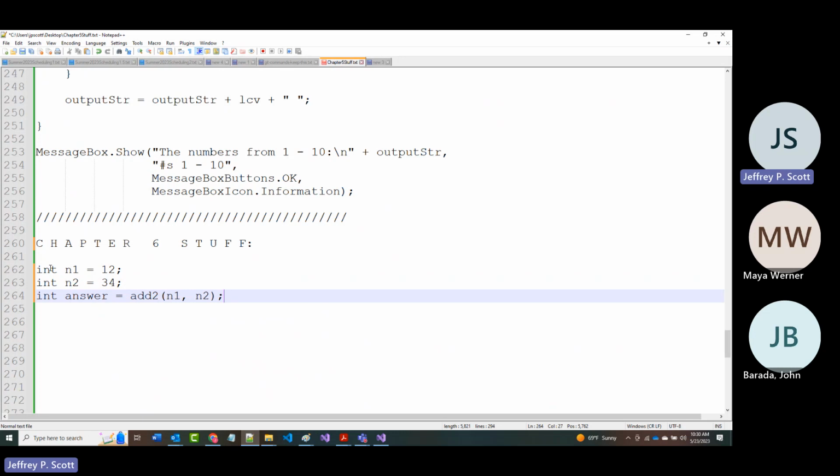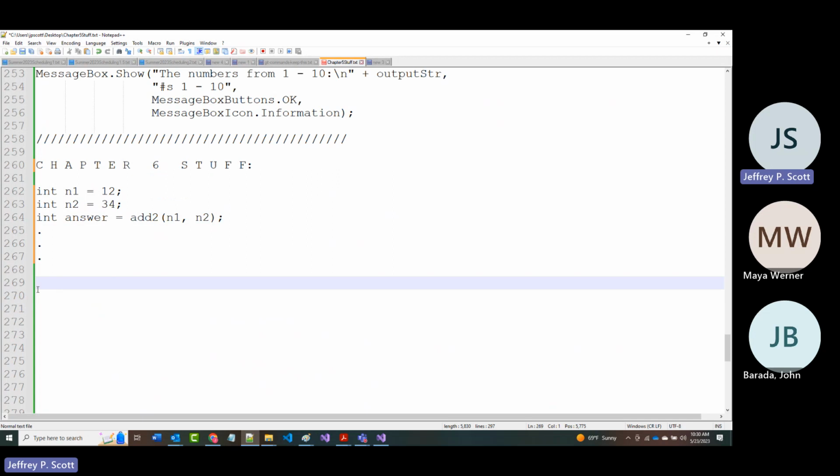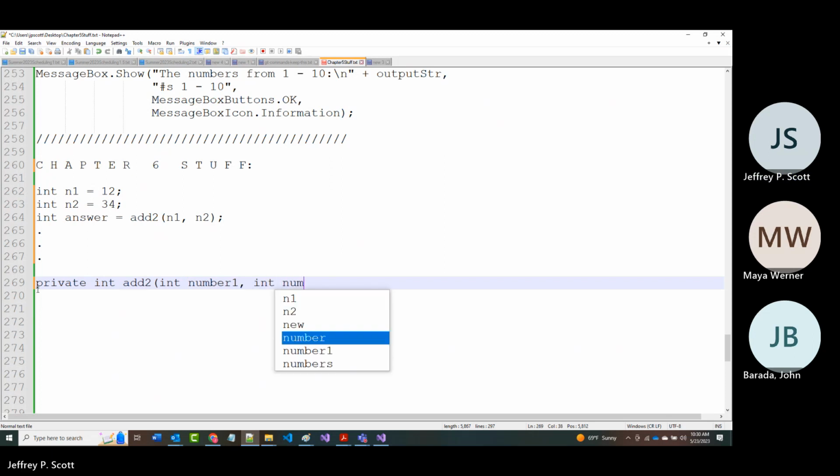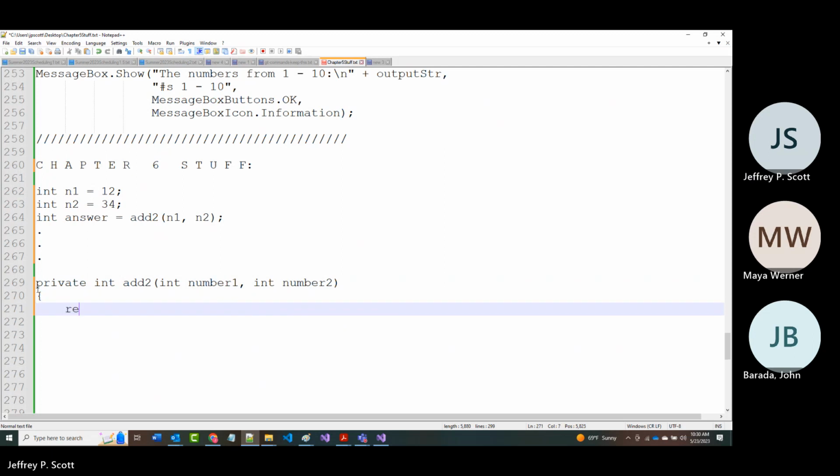All right, so someplace later on in my program, I'm going to create a routine: private int add2(int number1, int number2), return number1